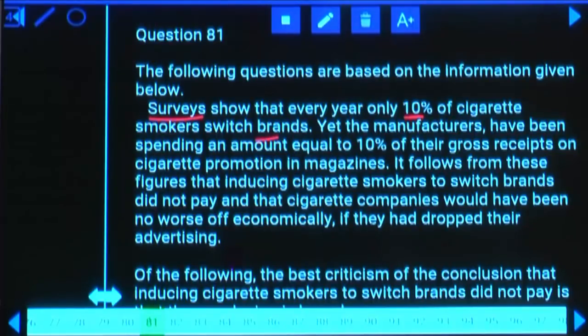Though very few people switch the brand, the manufacturers have been spending an amount equal to 10% of their gross receipts. Gross receipts means total income. These persons are spending 10% of their total gross receipts on cigarette promotion in magazines. Though only 10% will shift from one brand to the other, these persons are unnecessarily spending